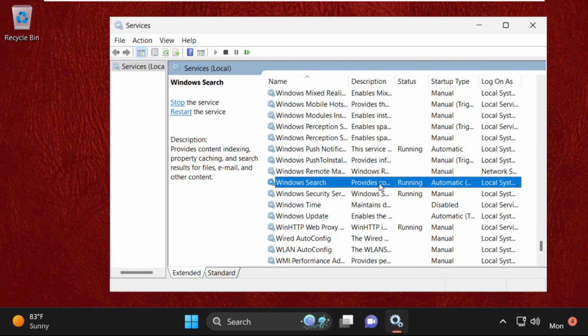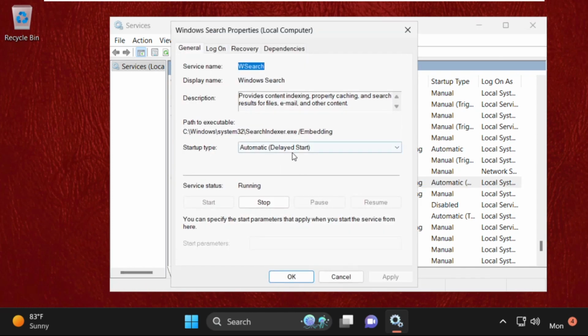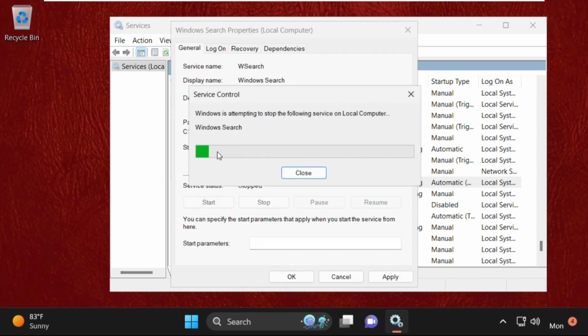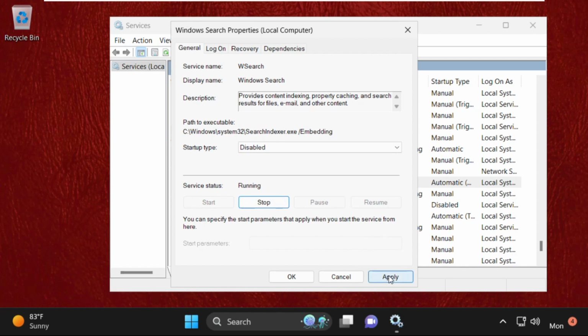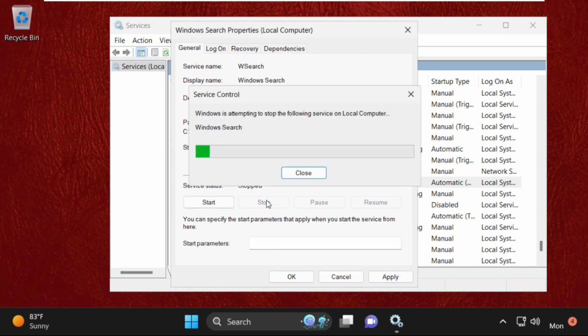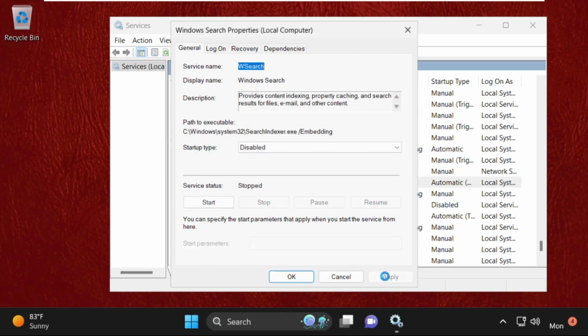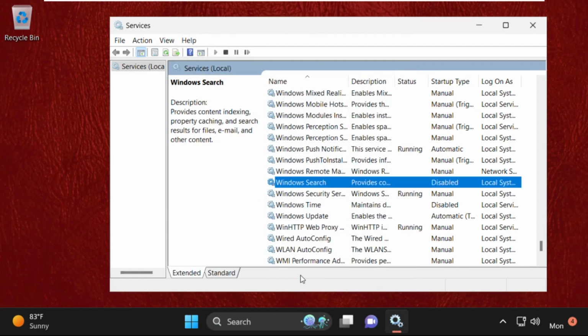So here it is. Right click on it, select properties, then again select startup type as disabled, then stop this service. After that click on apply and then OK. Once done, we will move to the next step. Simply close this window,